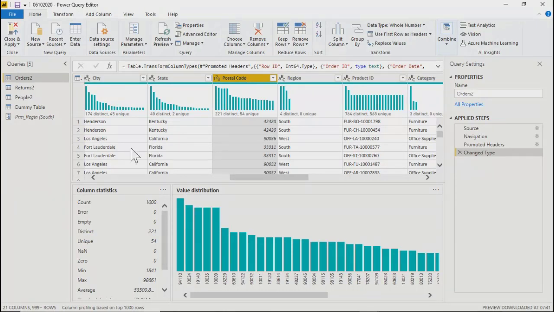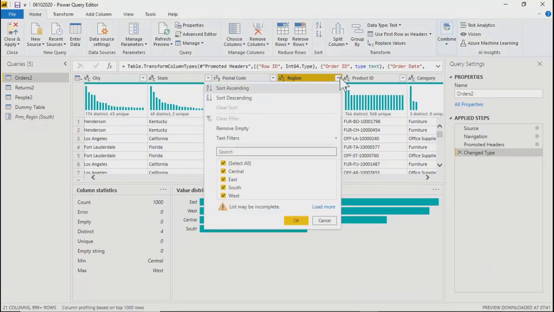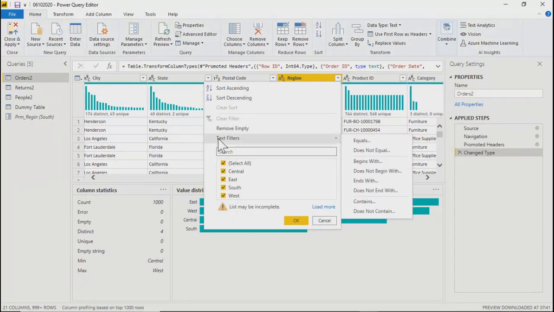Required values. So I'll go to region and map this parameter. How can you add this parameter into the region field? You need to go to the filter option. Because it's a filter only, I'll go to this and say equal.